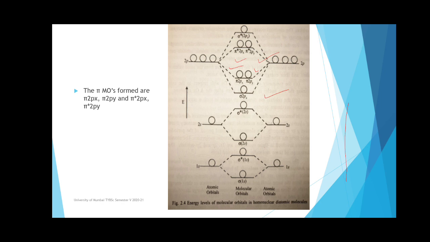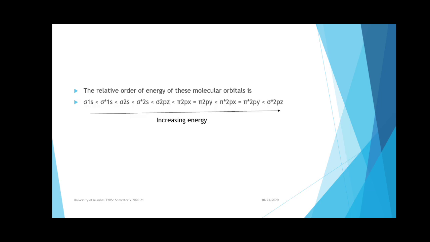Okay, so if you arrange all these molecular orbitals with increasing energy, we will get this kind of pictorial form, or this kind of diagram, a schematic representation. In this diagram you can observe in detail that all orbitals are arranged with increasing energy. Sigma 1s has the very lowest energy and that's why it is highly stable, while sigma star 2pz has the highest energy and that's why it is written at the top in the MO diagram. Everybody understood?